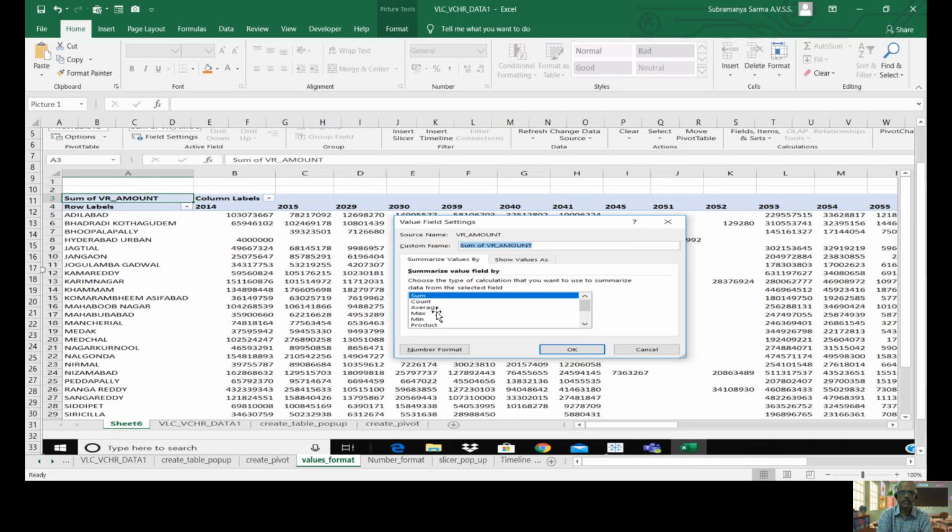If you want the average, okay, what is the average amount or average expenditure? If you select average, then automatically your pivot table will compute the average for each measure for each treasury. Like that, it is very simple. Only thing is you have to choose. You need not type any formula. Already built-in formulas are there. If you click on that, the action will be performed.